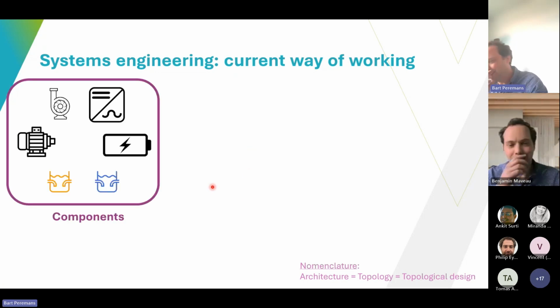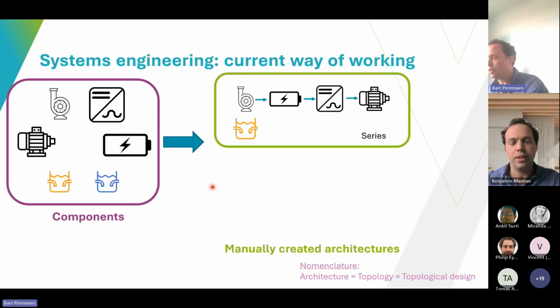In his current way of working, he starts with a set of components which the system engineer has to select from and then starts constructing a certain architecture. And this is manual work that will lead to a certain manually constructed architecture, given in this example